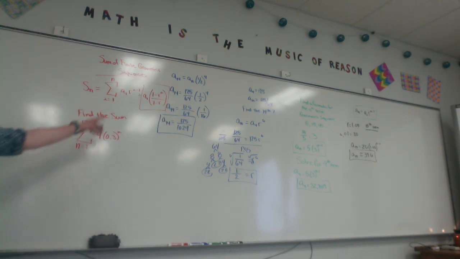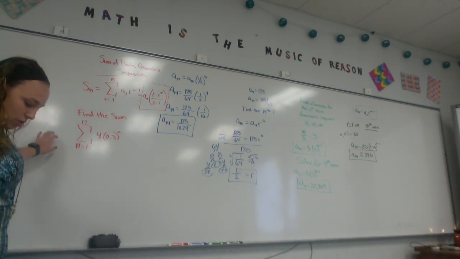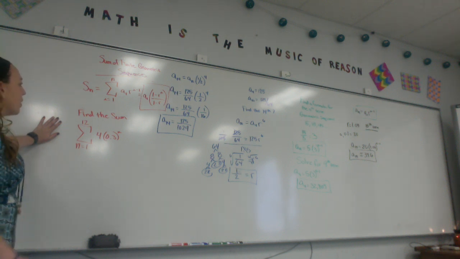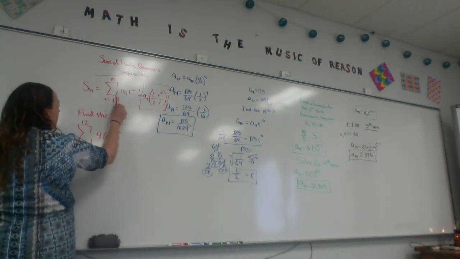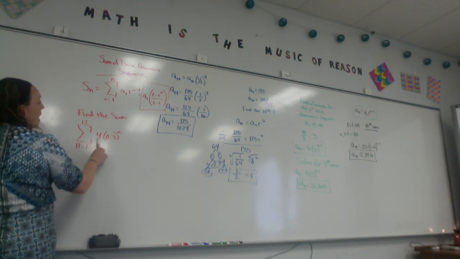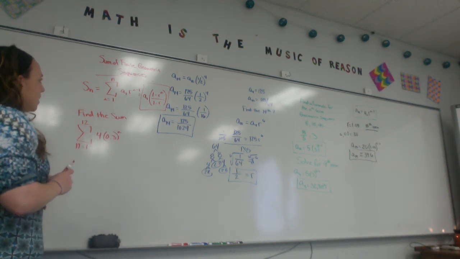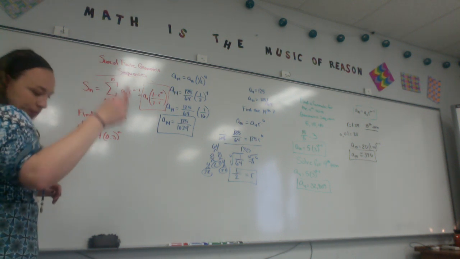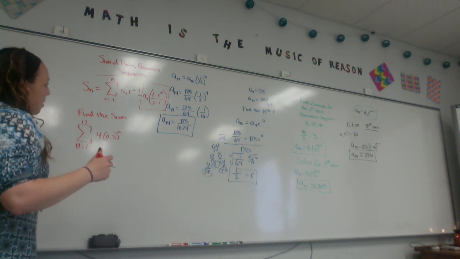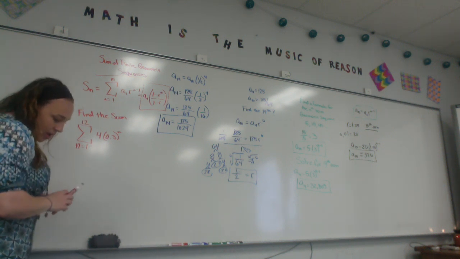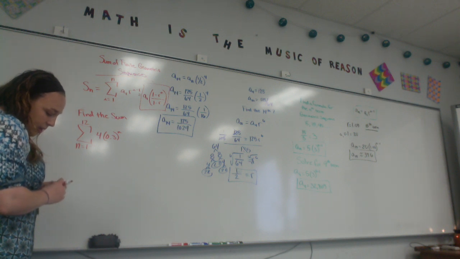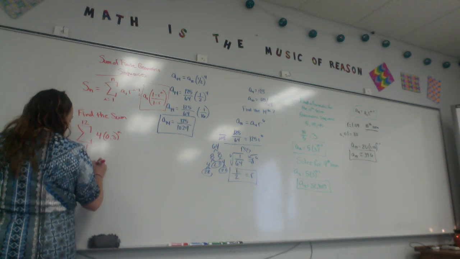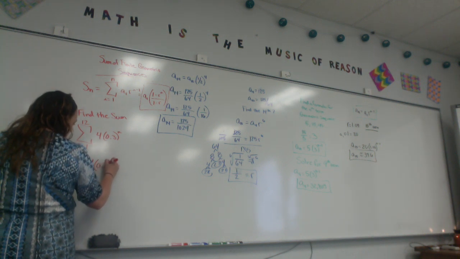Your first term. What is your first term on here? Look, where is A1 in this? Oh, it's 4. Okay, so 4 is my A1. My rate is 0.3 to the n power, right? We're not going to separate that 0.3 from it. We're going to create it like this to say 4 times 0.3 and then